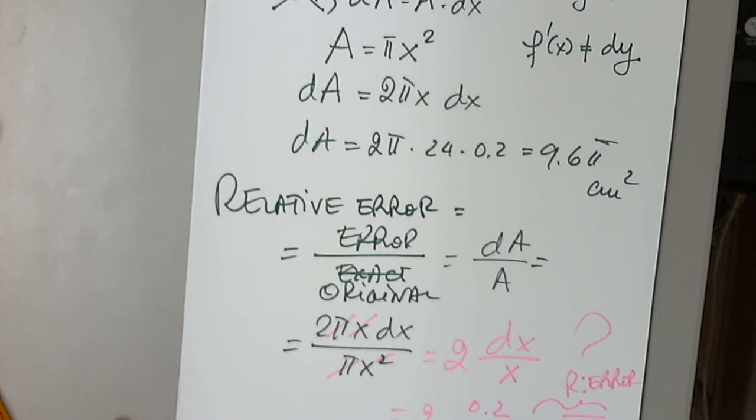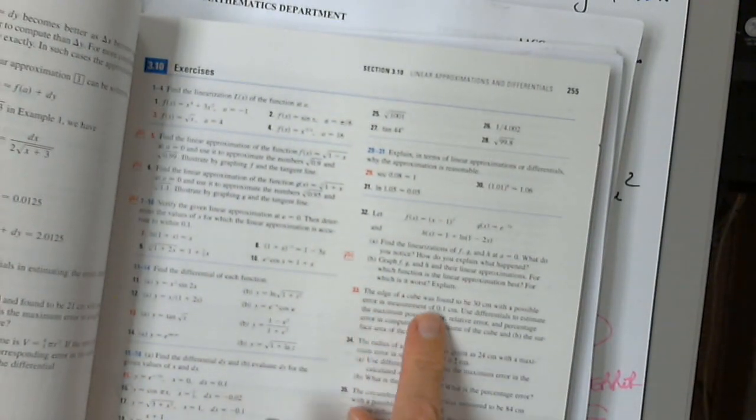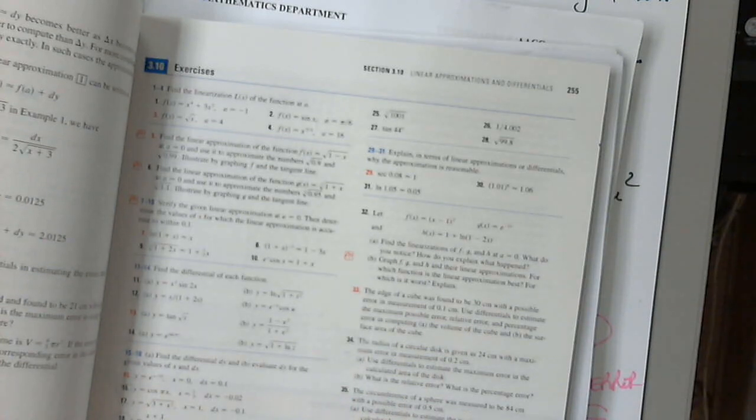Any questions? I want us to look at one more word problem. Let's see if we can come up with something else. Let me look. Anything else? So the radius of the circle. Yeah, let's look at the edge of a cube. The edge of a cube was found to be, allow me to